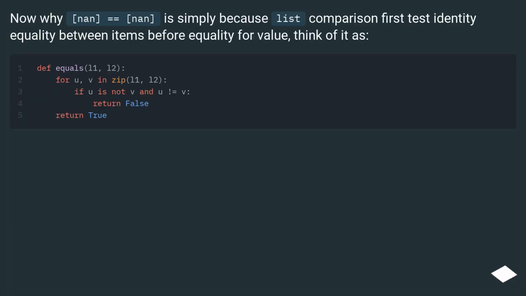Now why nan == nan is simply because list comparison first tests identity equality between items before equality for value. Think of it as